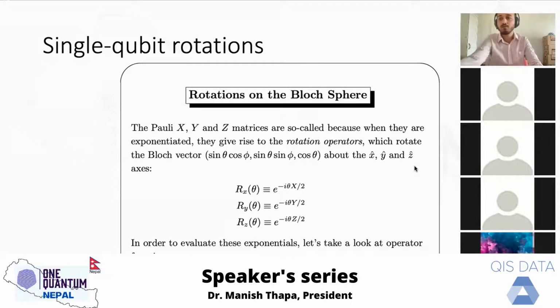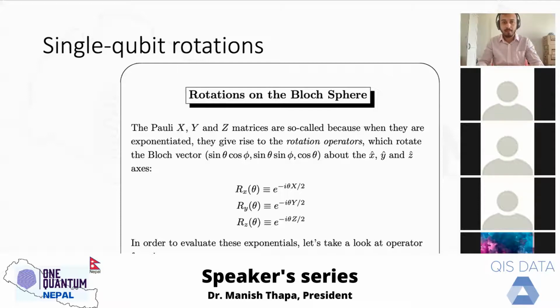So now, what are rotations? I'm talking about single qubit rotations. The X, Y, and Z matrices are Pauli operators, and these Pauli operators generate rotations. They are unitary, meaning if you apply them twice, they're going to give you identity, they're going to give you 1. And they're invertible, because a quantum operation is performed forward in time, and you should also be able to perform the operation backward in time. So they are invertible,